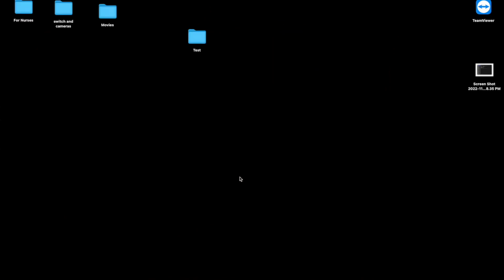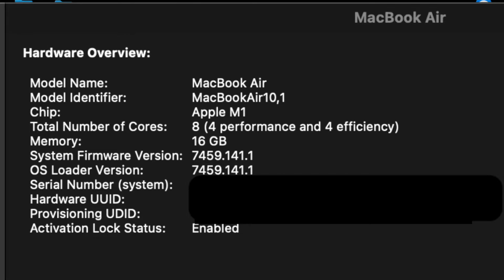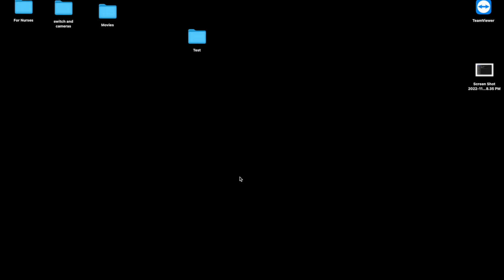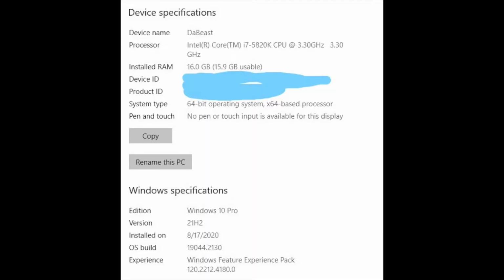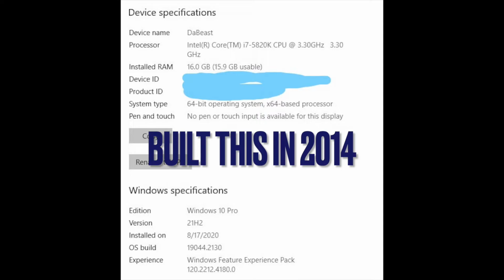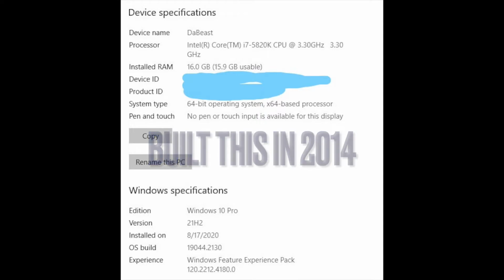Does it all here. This is Dr. Munn. I am going to get started with a comparison of a MacBook Air M1, first generation Apple Silicon, comparing to an old Windows 10 computer that I built myself back when I was in medical school actually. It is a Core i7 with a